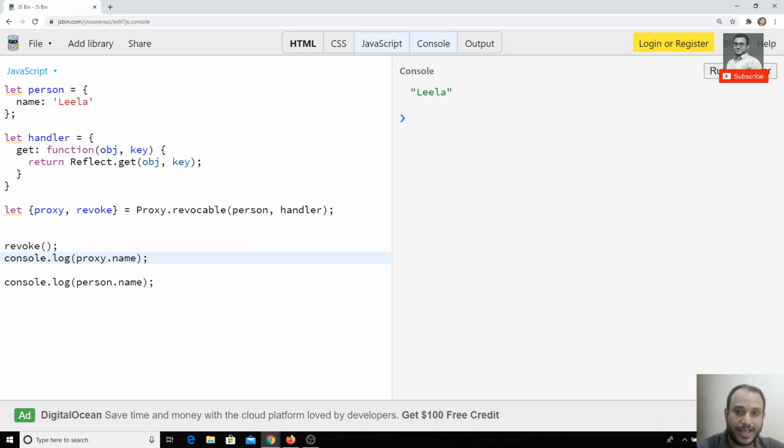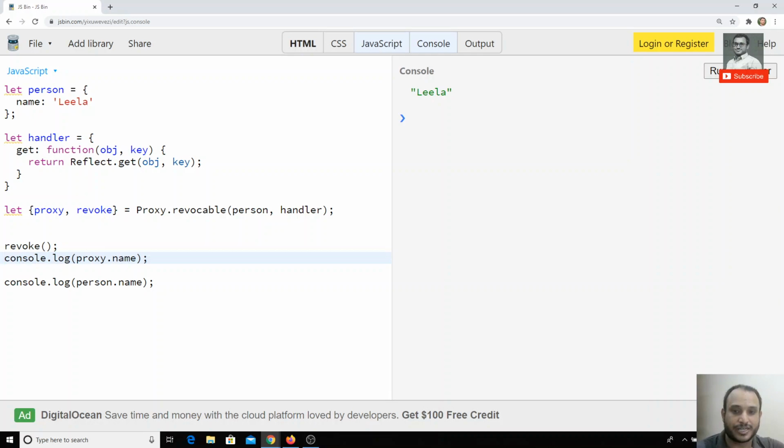Why has this Reflect API come about? Because for object creation you have different types. If you want to create with the prototype, you need to use Object.create, or otherwise it's a normal object. If you want to create a new object, you will be creating it like that. So all these are combined in the Reflect API. It's a central repository. If you want to manage all the object functions in one place, you can use the Reflect API.